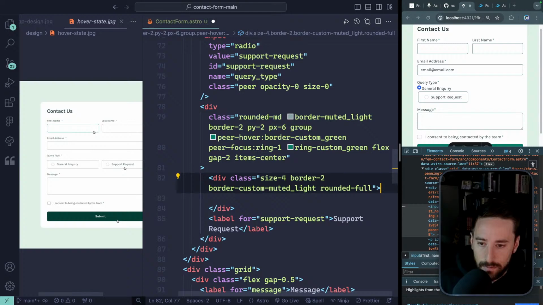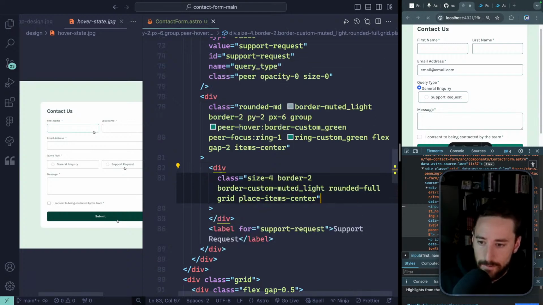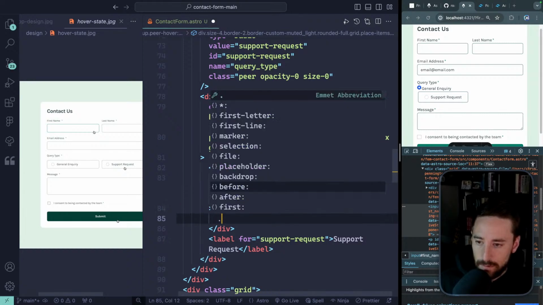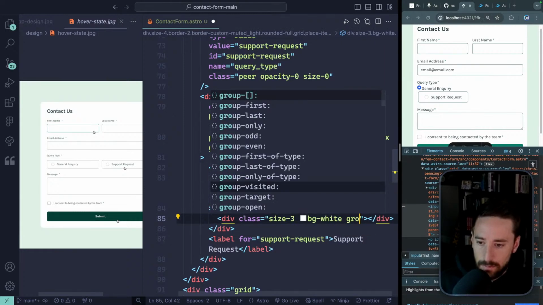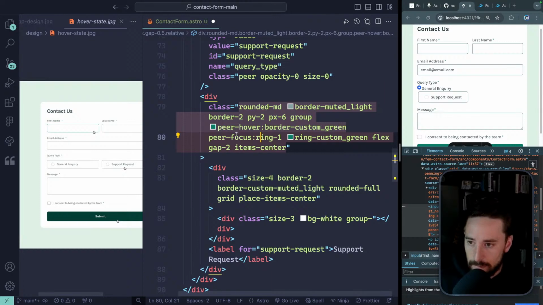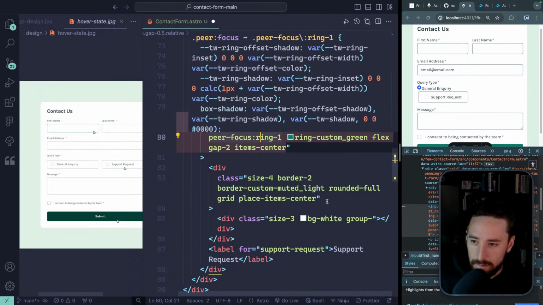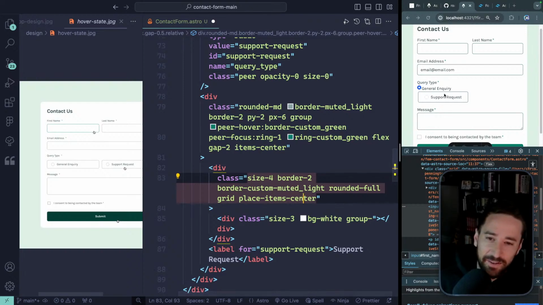a little intersection. So let's say grid, place items center. And here we'll also have a div, size 3 maybe, background white to start with. And we can say when group peer focus, then I want to peer hover. Can I set like a focus state on this or something? How am I wanting to do this? I know I do it in CSS. That's